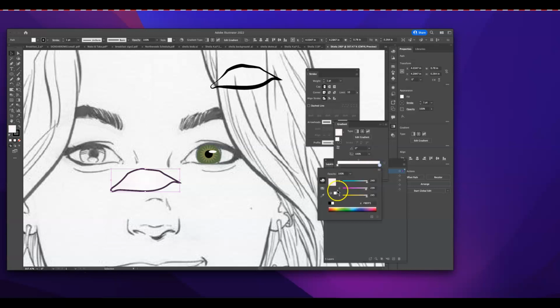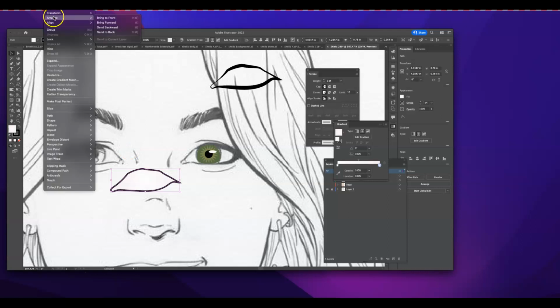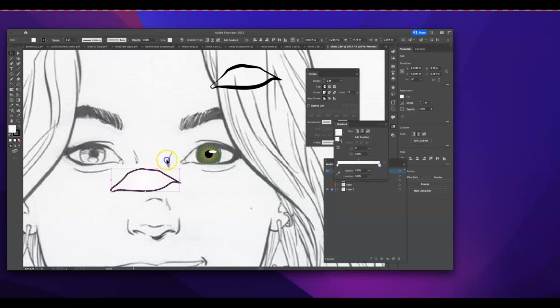And I know it seems really faint, but it does make it look more realistic. So I'm going to come back just a little bit. That's too much. Like right in there. So I like that. Okay, so now I've got my eye figured out and it looks good and I like it. So let's go ahead and make sure it's in the background. So I'm going to go to Object, Arrange, Send to Back, and I'm going to take that eye and stick